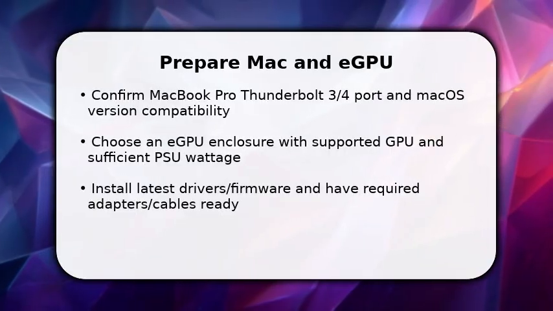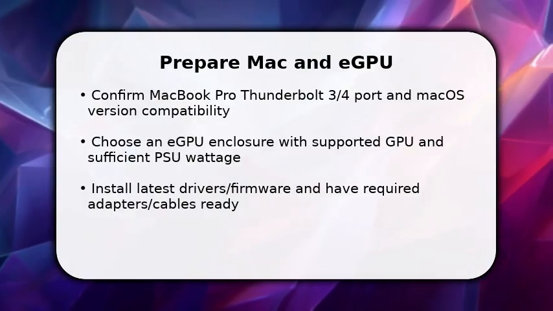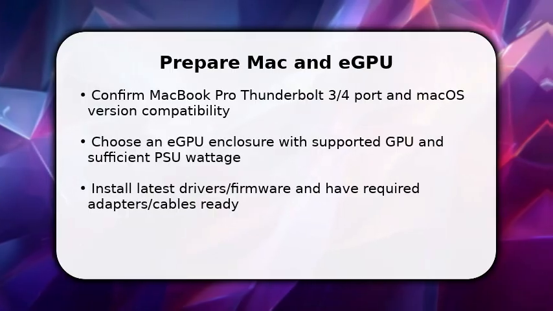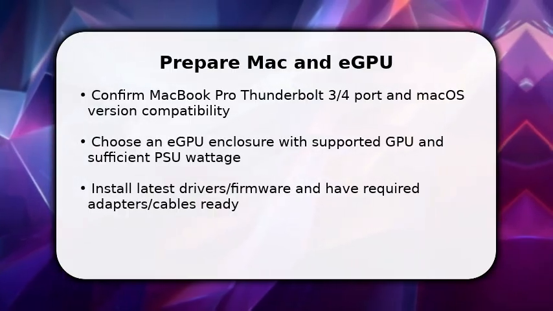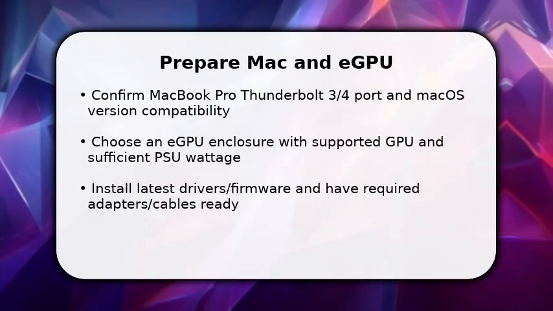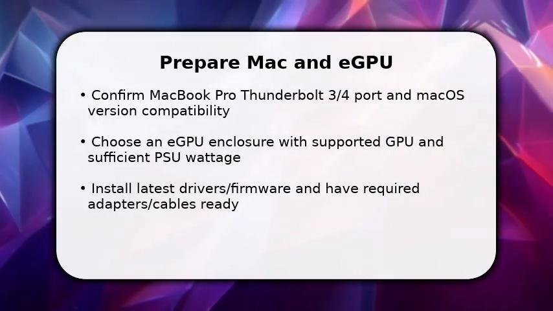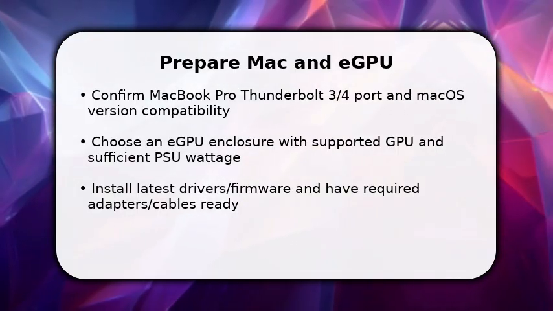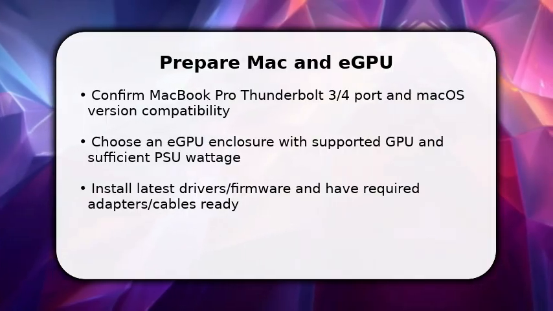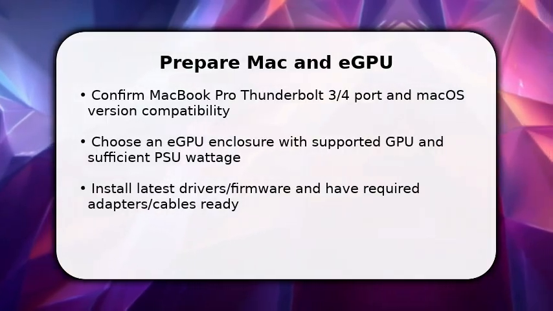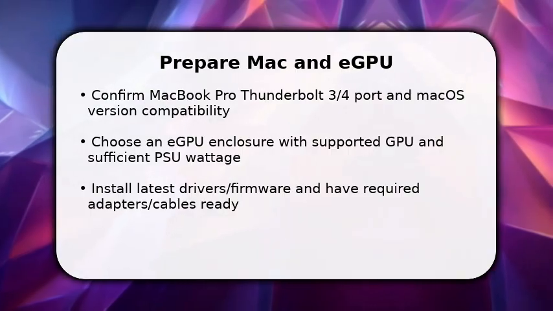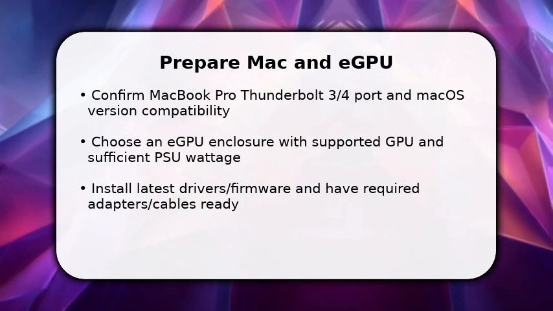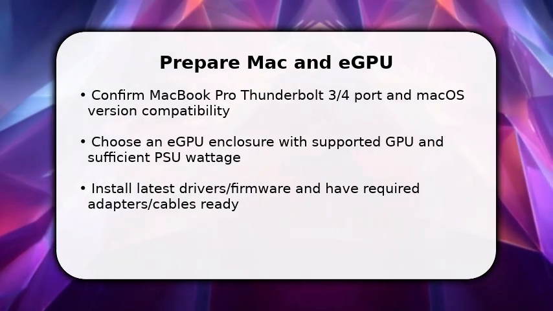You start by verifying hardware compatibility: Thunderbolt 3 or 4, and a supported Mac OS build. Once done, pick an eGPU enclosure that matches the GPU power draw and has a quality PSU. This matters for stability and performance. Make sure you've downloaded required GPU drivers and firmware updates before connecting. Prepare necessary cables and any adapters. That reduces interruption. Doing these prerequisites first prevents repeated installs and keeps the process smooth when you proceed to physical